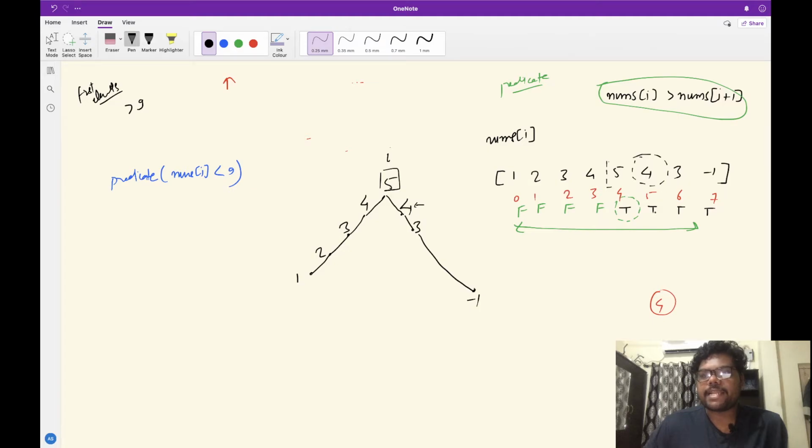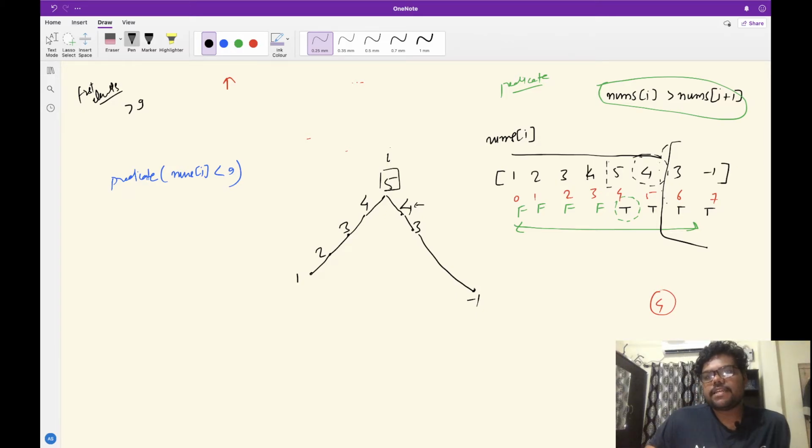Okay, my predicate is true. Since 4 is greater than 3, all the elements to the right will be on the other side of the peak, and hence will be true. So I will ignore this search space, and my new search space would be only from 1 to 4, and then again 4, 5.